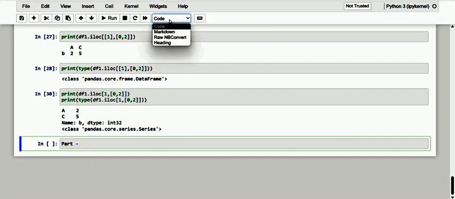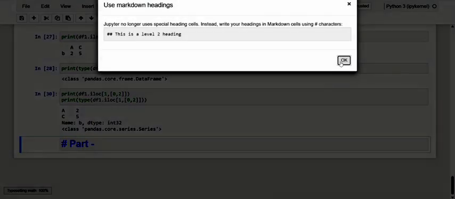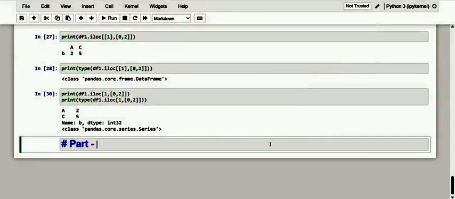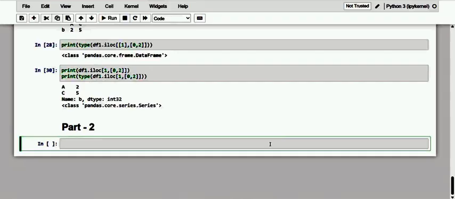So let me move on to part 2. Dear friends, we saw in the previous session how it is possible to select elements within a data frame, and we have also discussed some things related to series by specifying appropriate spatial indicators such as labels or numerical position indices.